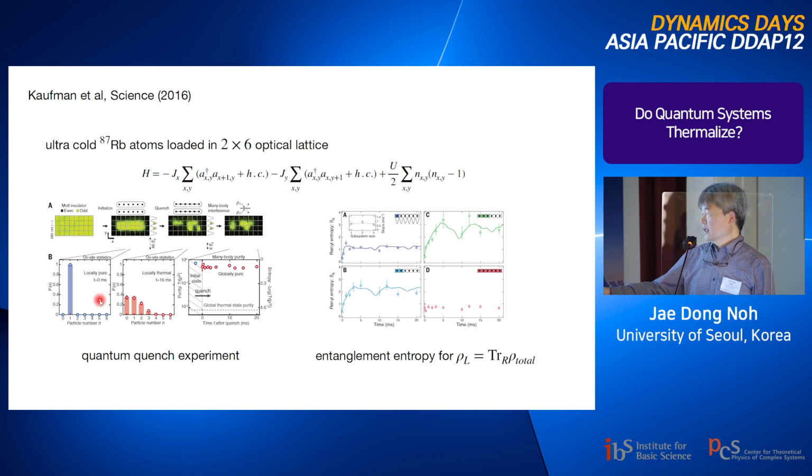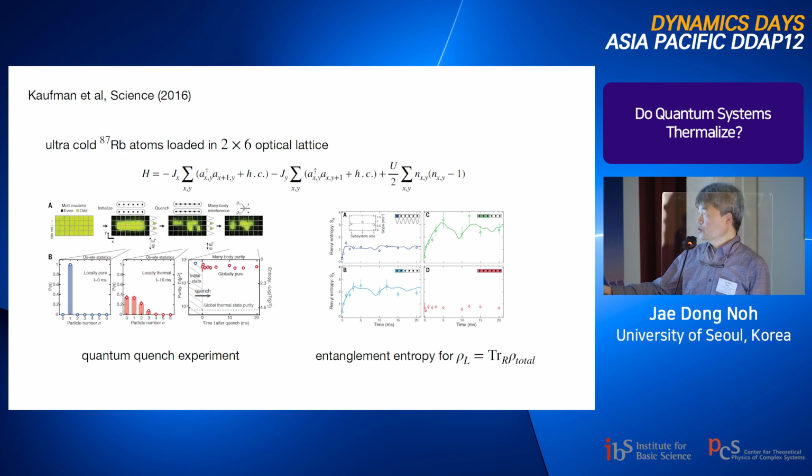So I guess this red bar is from the theory, from this Bose-Hubbard model, and this dot is coming from the experiment, okay? So even at the quantitative level, they report the thermalization of this quantum system. And furthermore, one can ask, maybe this thermalization is coming from the decoherence from the environment, okay? If you have a very big environment which is in thermal equilibrium, then the thermalization is kind of trivial,